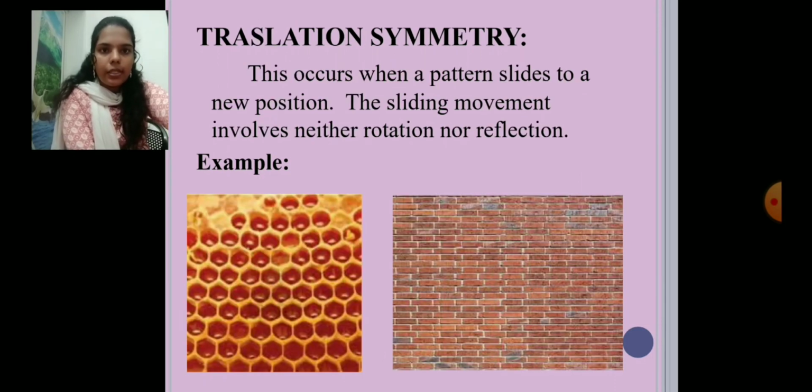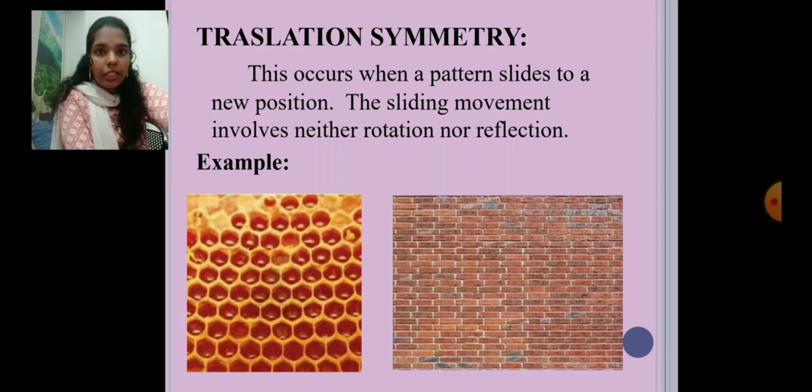The last type is translation symmetry. Do you know what translation symmetry is? Translation symmetry occurs when a pattern slides to a new position. The sliding movement involves neither rotation nor reflection. In that movement, there is no rotation nor reflection. This occurs when a pattern slides to a new position, and the pattern keeps on repeating. For example, we can